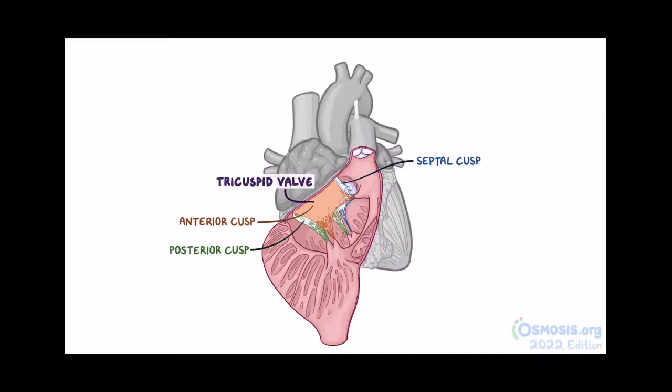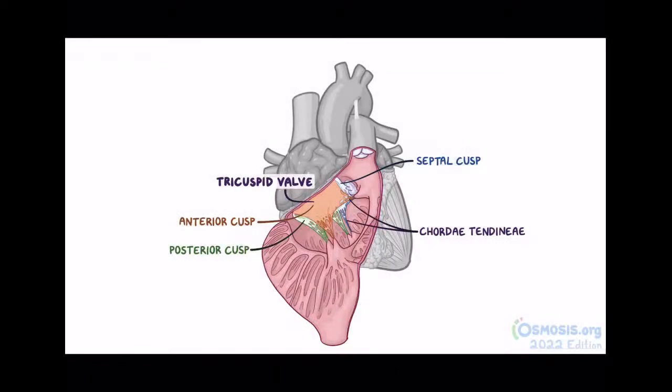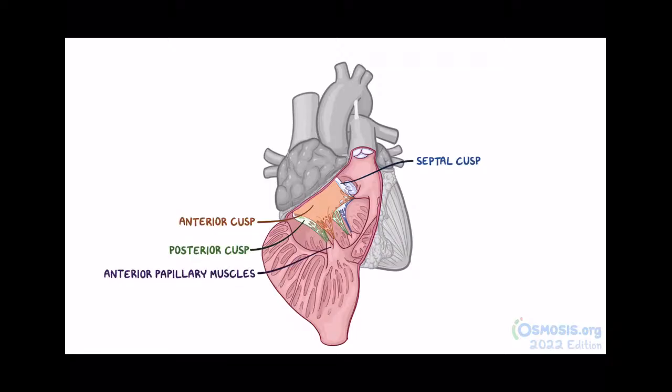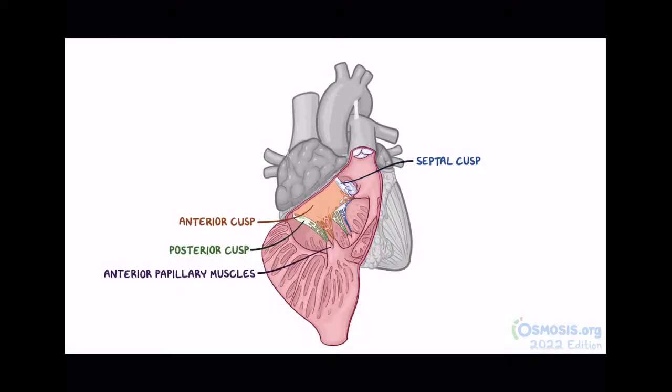The base of each cusp is attached to a fibrous ring, while the free edges of the cusps are attached to tendinous cords called the chordae tendineae. These chordae tendineae anchor the leaflets to the papillary muscles, which are projections of the right ventricle. The anterior papillary muscle is the largest one and arises from the anterior wall of the right ventricle. Its